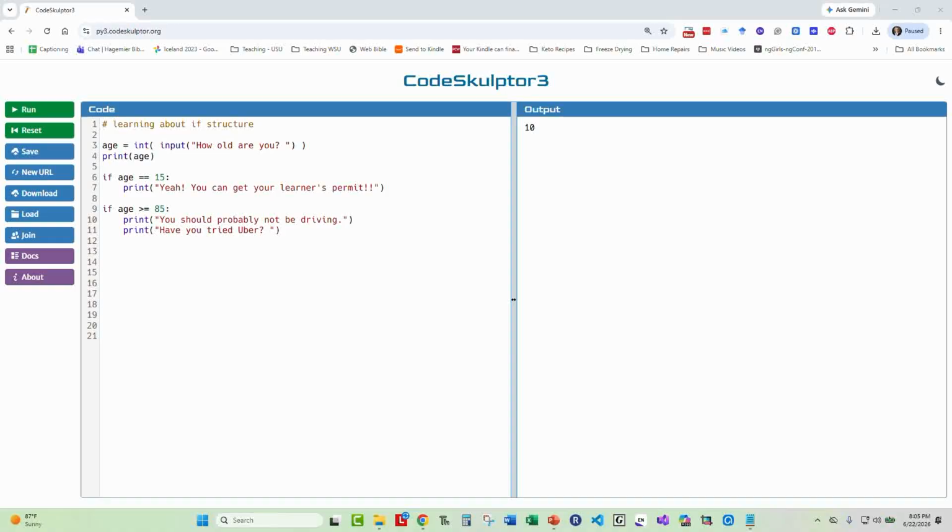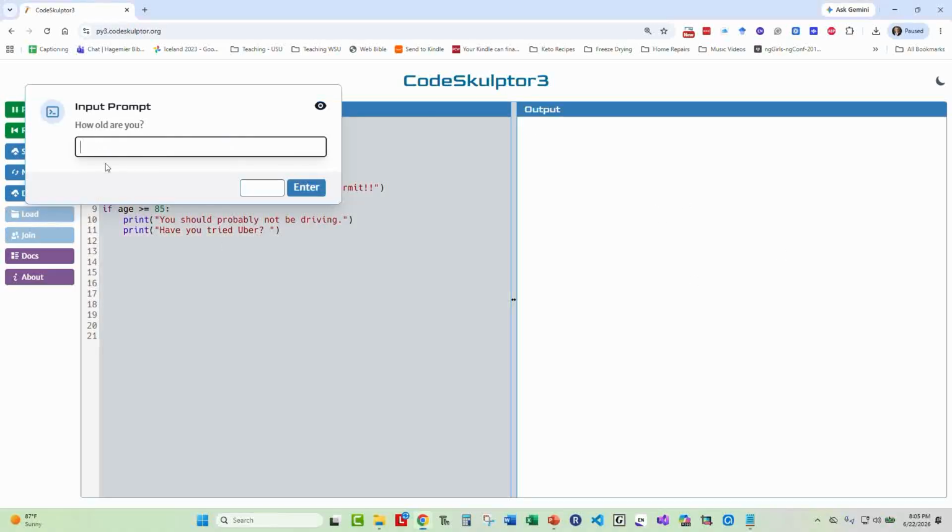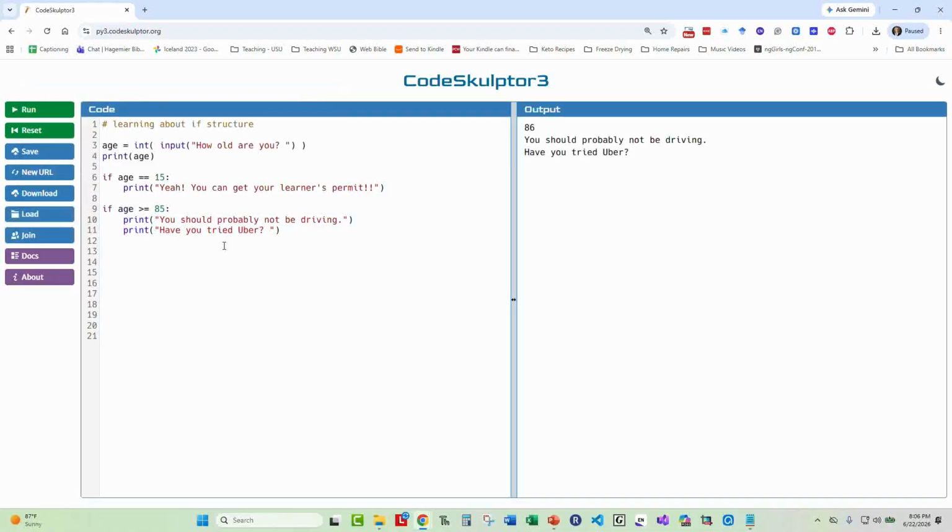So let's try this age greater than or equal to 15. Now I'm going to run. This time, if they are greater than or equal to 85, how about if I say 86? I would expect it to print lines 10 and 11. And there it is. You should probably not be driving. Have you tried Uber? Notice that it definitely skipped the print statement on line 7 because 86 is most definitely